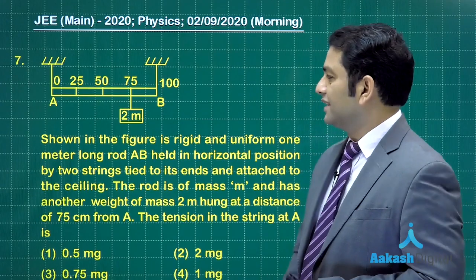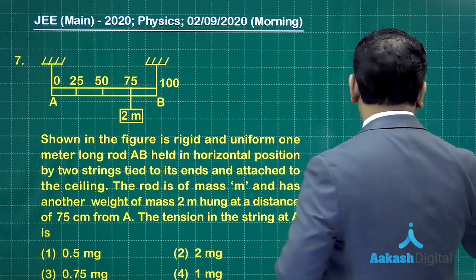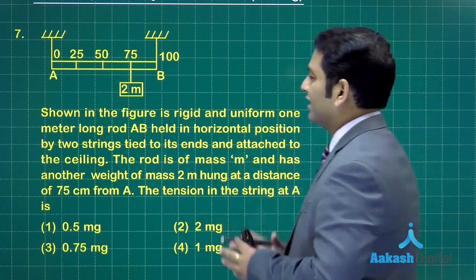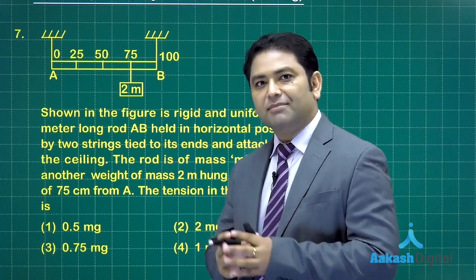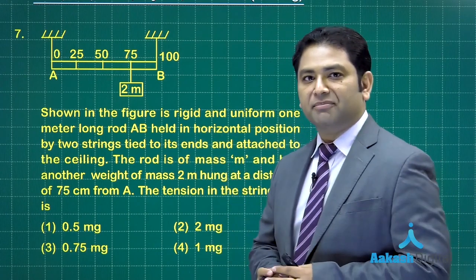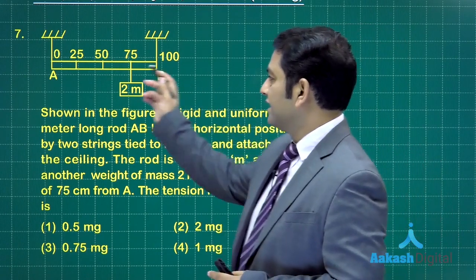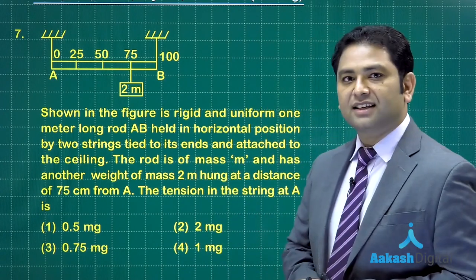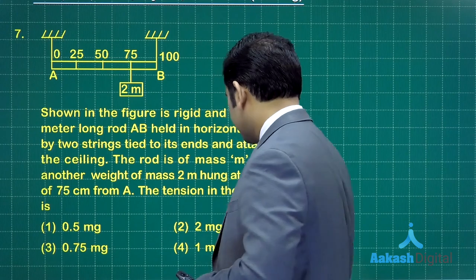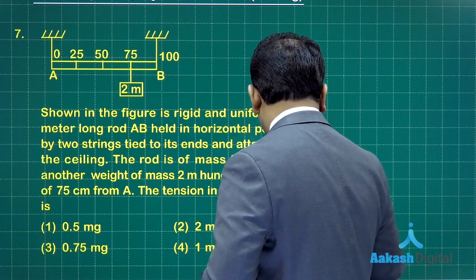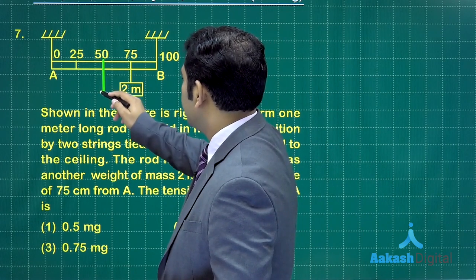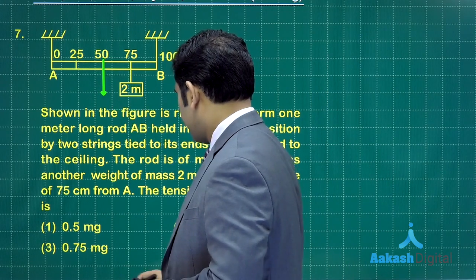And question number 7 is something like this. You say it's been brought from rotational motion, but not a very in-depth one, a straightforward something related to equilibrium. Now you can see there is a meter rod and that is uniform if you go through the question. So if it is uniform, that means the weight of the rod would certainly come at the center of mass, right? So here is that given case.